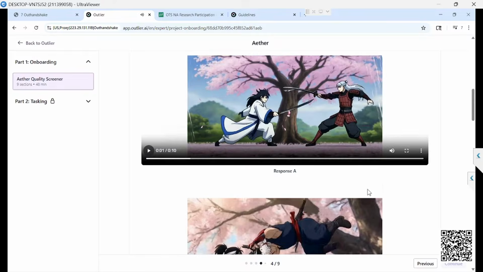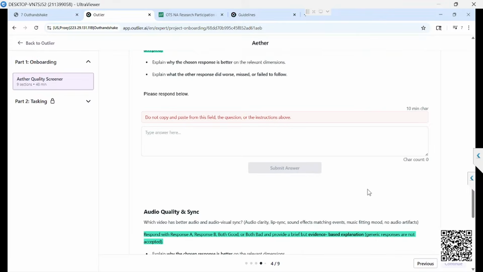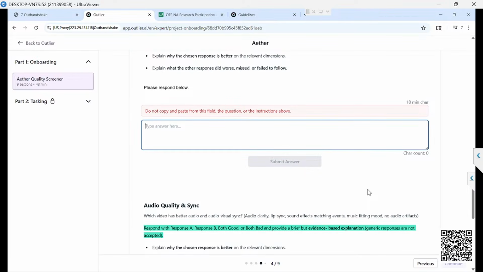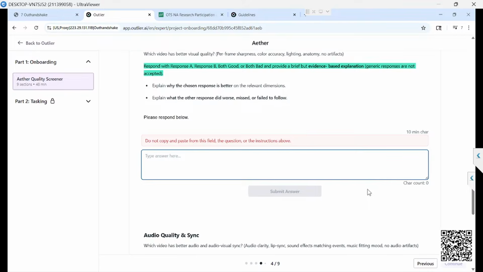You can say, in terms of overall preference, because they're asking what the instruction is again on that question, frame per frame sharpness. You see how, with time, the videos have been very accurate. So response B is better. There's so much you can say in terms of the details, color accuracy,